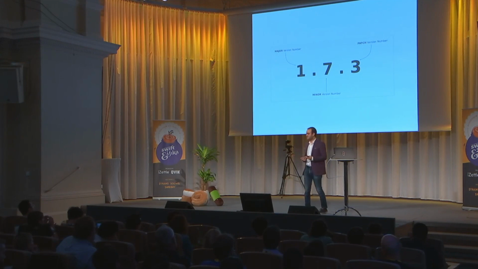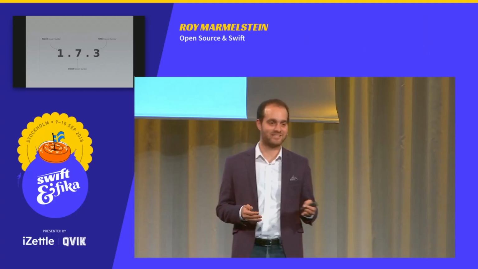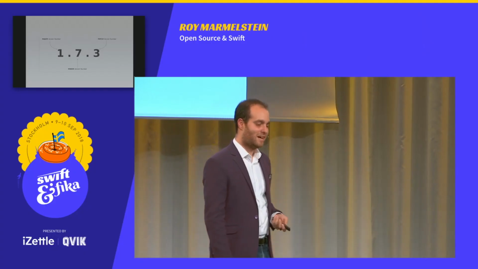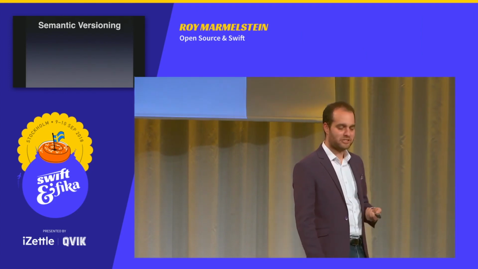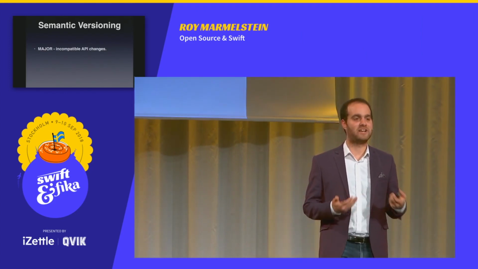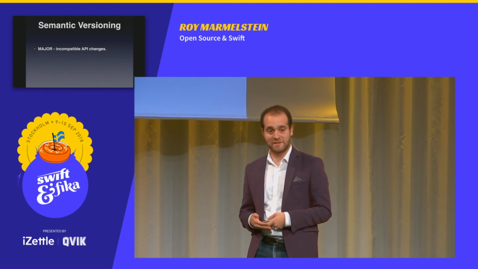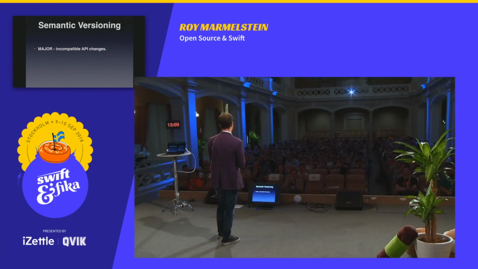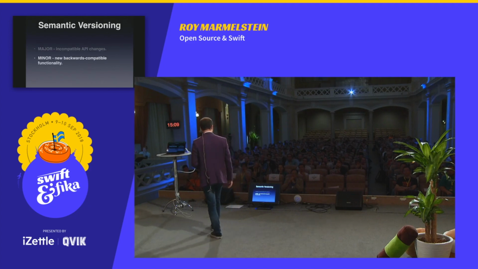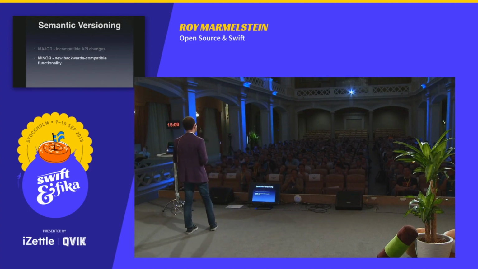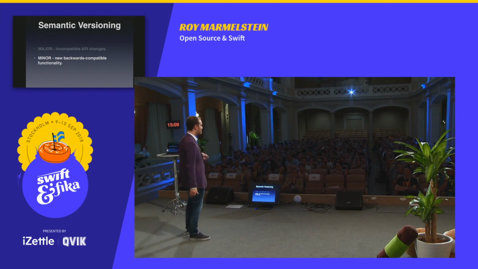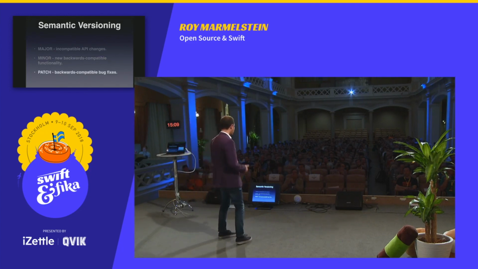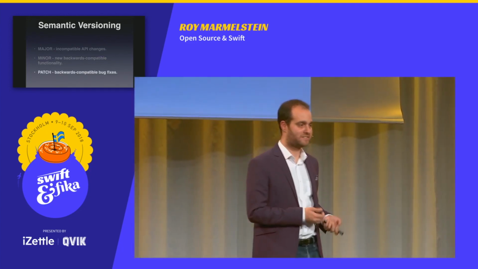A common way of doing versioning is semantic versioning. Semantic versioning basically has 3 buckets: a major bucket, a minor bucket, and a patch bucket. You bump a major number when you do an incompatible API change. So for your users, if they want to update a major number, they know that this is a big decision and might require changes on their part. A minor change is a change with new backwards compatible functionality. And a patch is simply backwards compatible bug fixes.